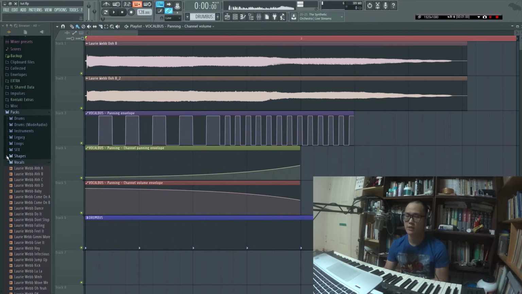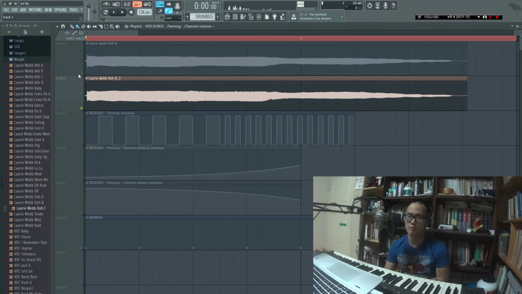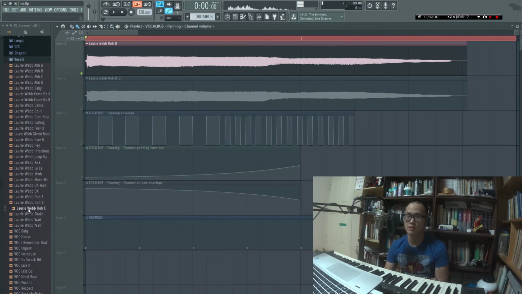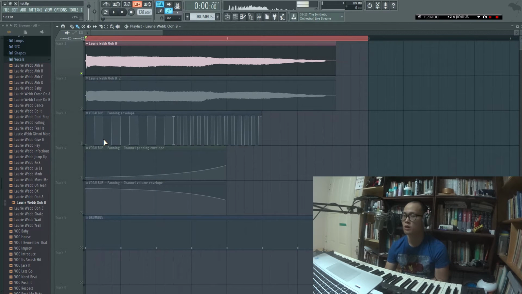Right now, I have this sample from the FL Studio pack that comes when you purchase your FL Studio, and basically it sounds like this. Let me take all my effects off. All right, so yeah, that's what it sounds like. From here, one of the first things that you could do to add something extra to it is